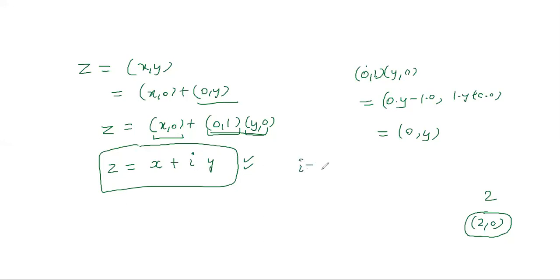So this is (0, 1). It is a purely imaginary number because its real part is 0. As you can see, it is of the category 0 comma something, so it is a purely imaginary number. It will lie on the imaginary axis, with a magnitude of 1 unit. So (0, 1) will lie here, right? And z = x + iy is the definition of a complex number.